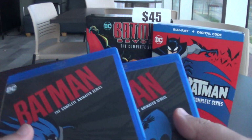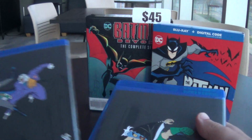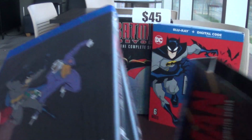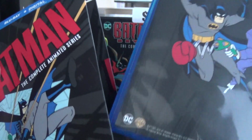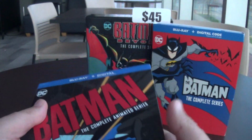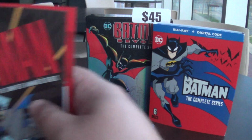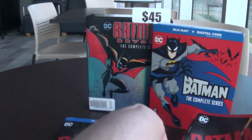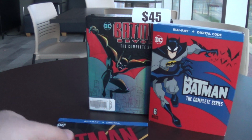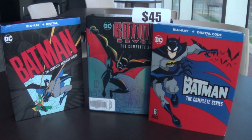Anyway, so that's pretty much everything. What order is this going? I'm trying to memorize what the order is for the box. Okay, so there we go, that's everything for the animated series. That was quite a lot of stuff right there. Put the digital copy code and the insert back in, if I can. There we go. All right, so that was the original animated series, and now we jump a couple years into